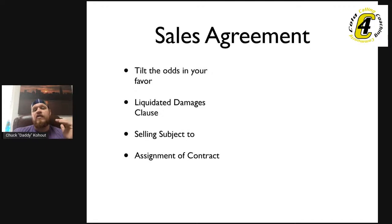And if they don't close, that same liquidated damages language now works in my favor, and I get to keep their entire binder deposit as a full settlement. Now, here's a side note: never give the binder deposit to a lawyer. Never give the binder deposit to a title company. Take it yourself and put it in your own account, because lawyers and title companies and even realtors have